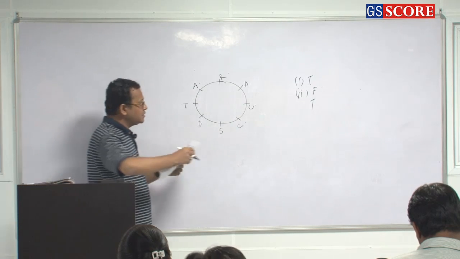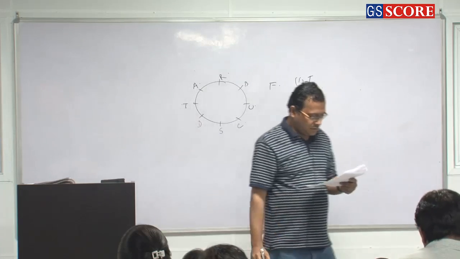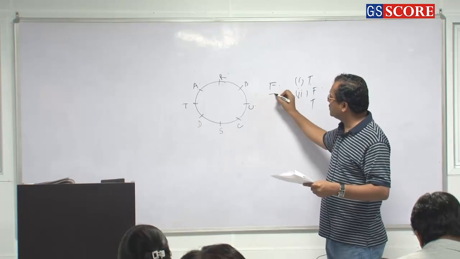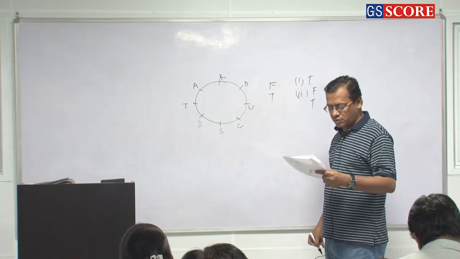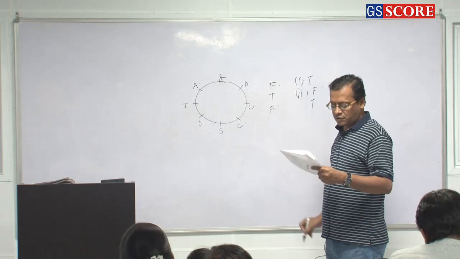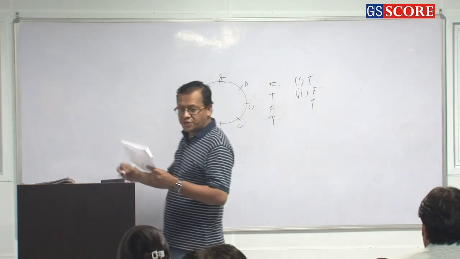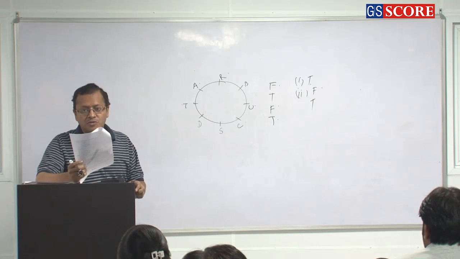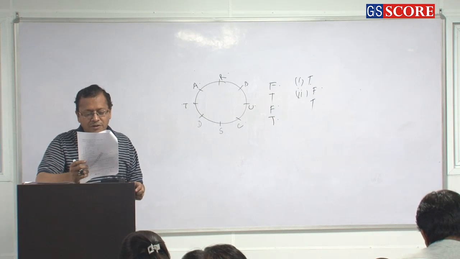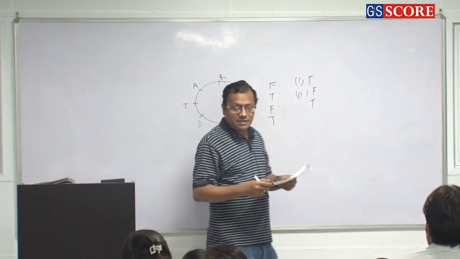First one is what? False. Second one is true. Third one is false. Fourth one is true, which means he has not eaten gulab jamuns. Clear or not? Then try jalebis. Let's see. First one is,